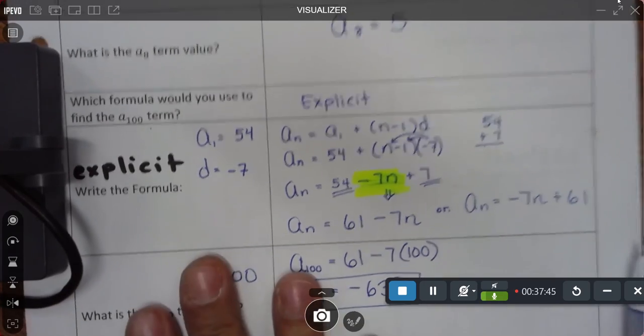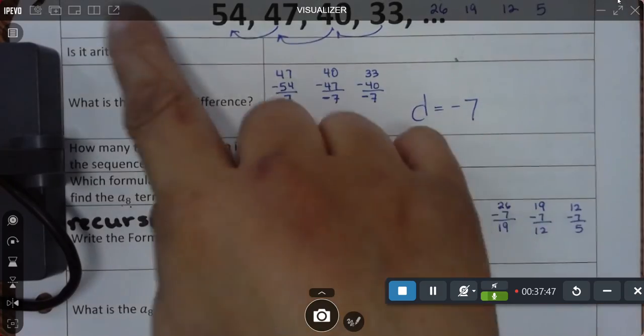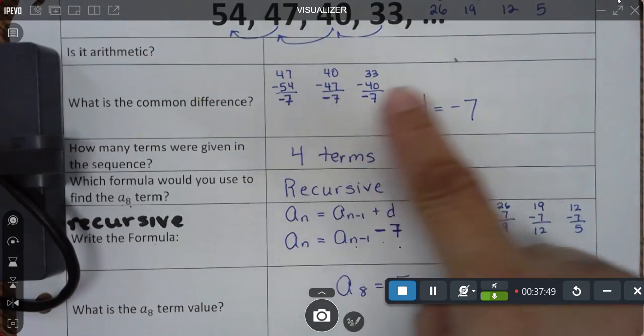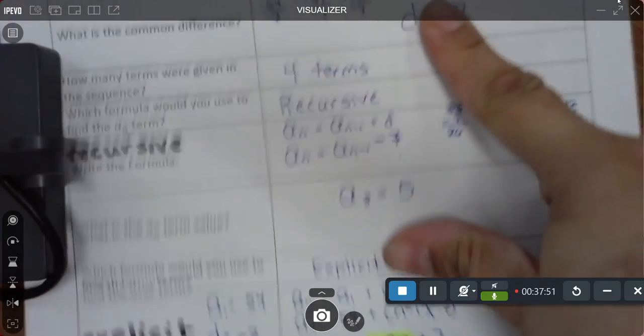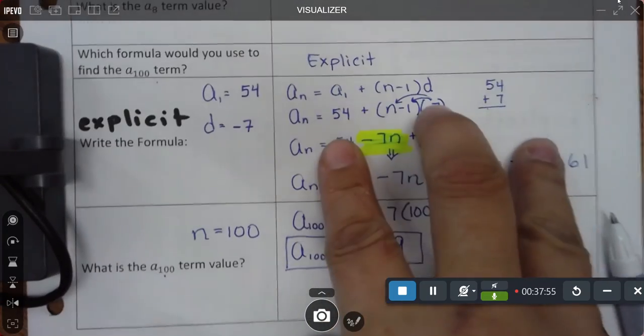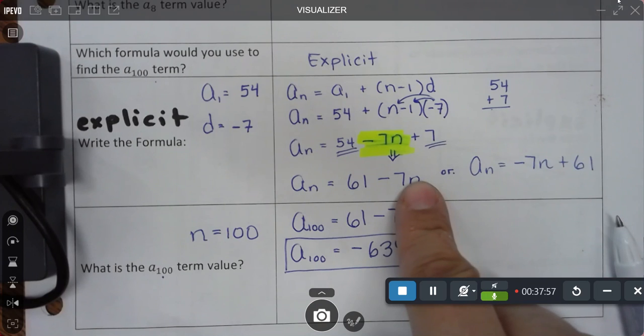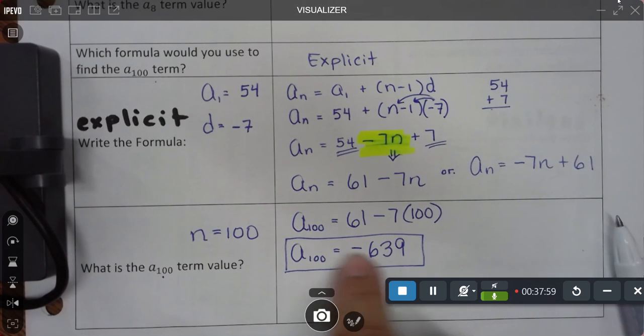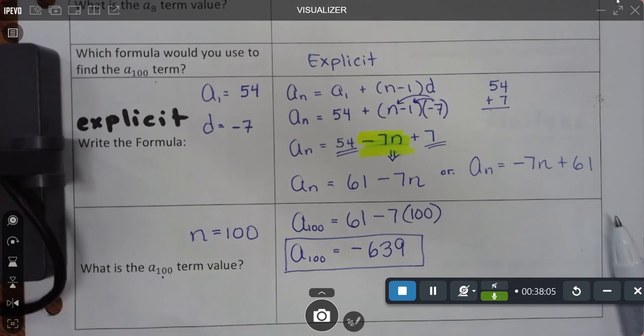All right, once again, I'm going to repeat what I just did. I gave you a sequence. We verified that it was arithmetic. We wrote the recursive formula to find the 8th term. We wrote an explicit formula to find the 100th term. Yes? Okay. Now,